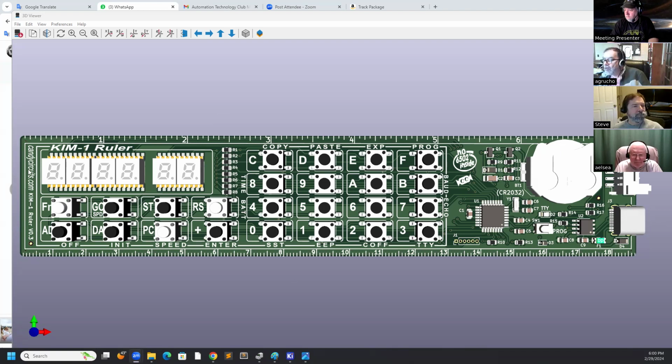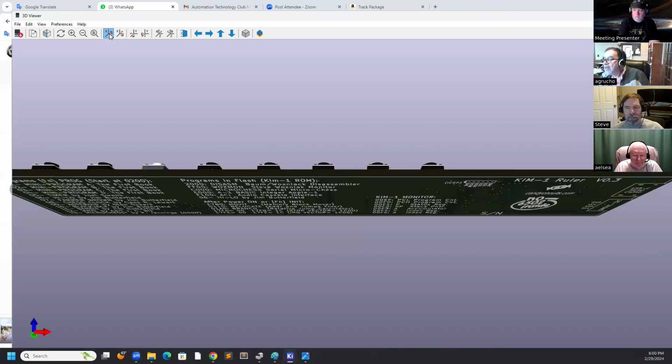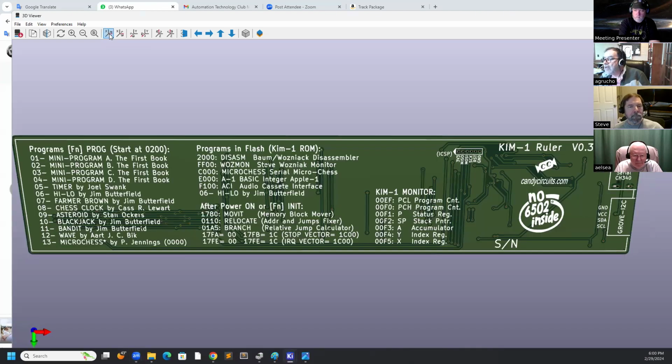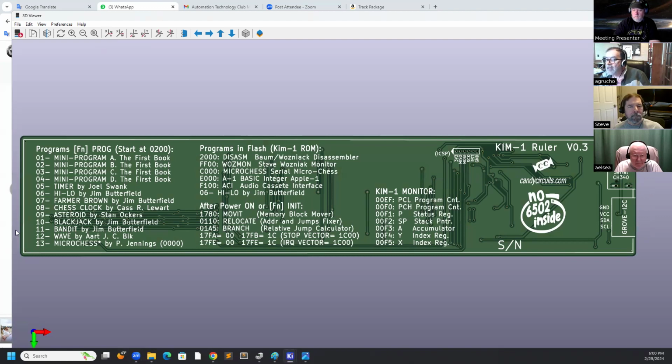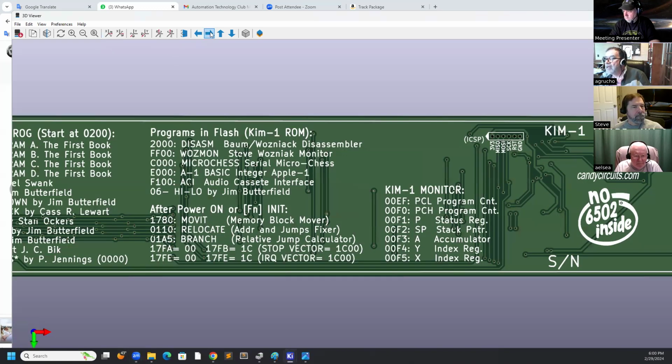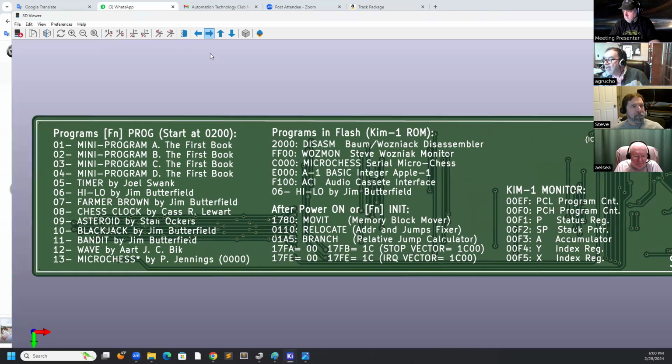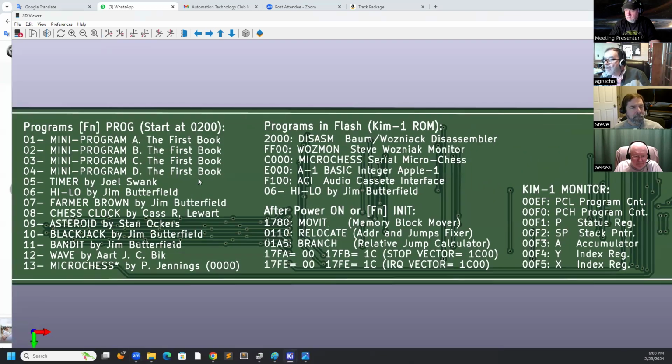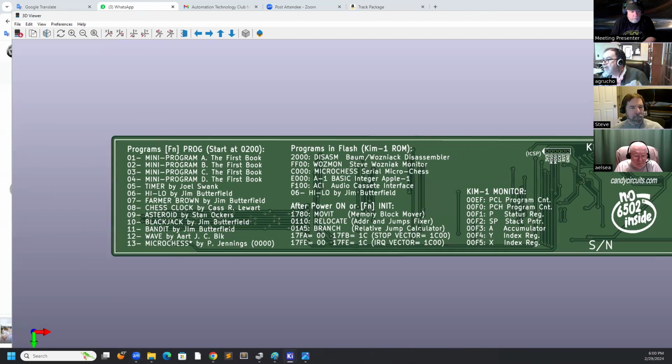I almost finished every other routing. I was documenting something on the back of the board. All the programs you can run, all those demo programs are inside the microcontroller.